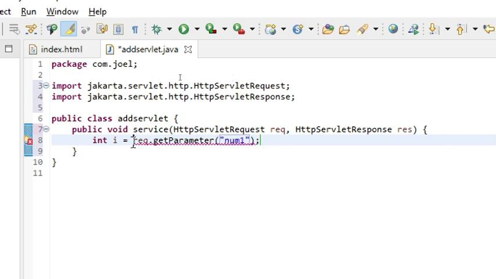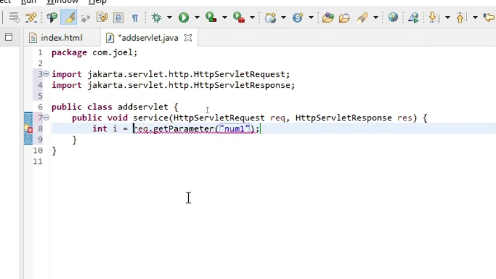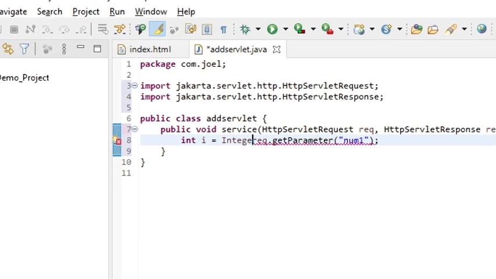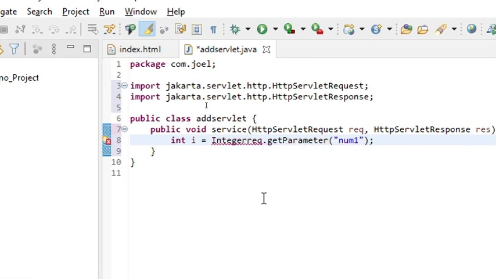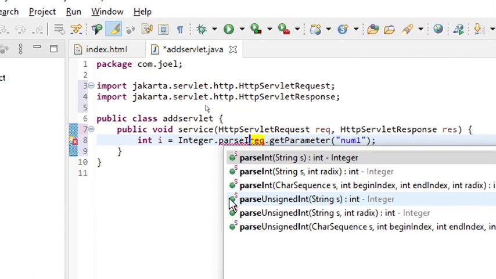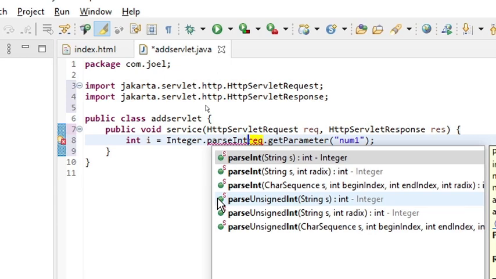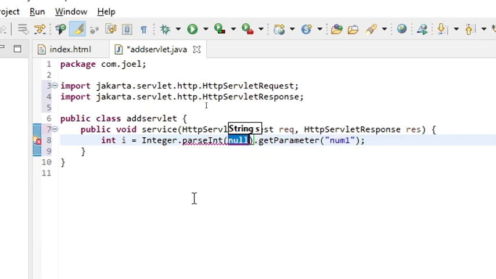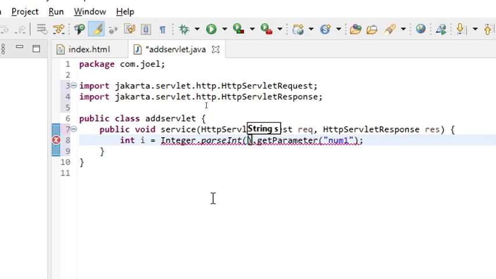So what you have to do is, before this req.getParameter, we can use another method called Integer dot parseInt, with the I in Integer and the I in Int capital. That means this method will help you to convert your string into an integer. Now we have to give everything inside the bracket. And remove this.